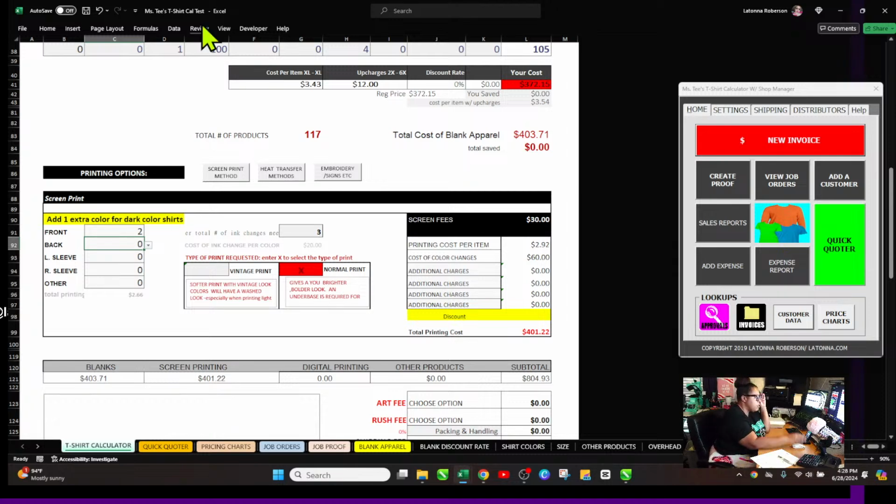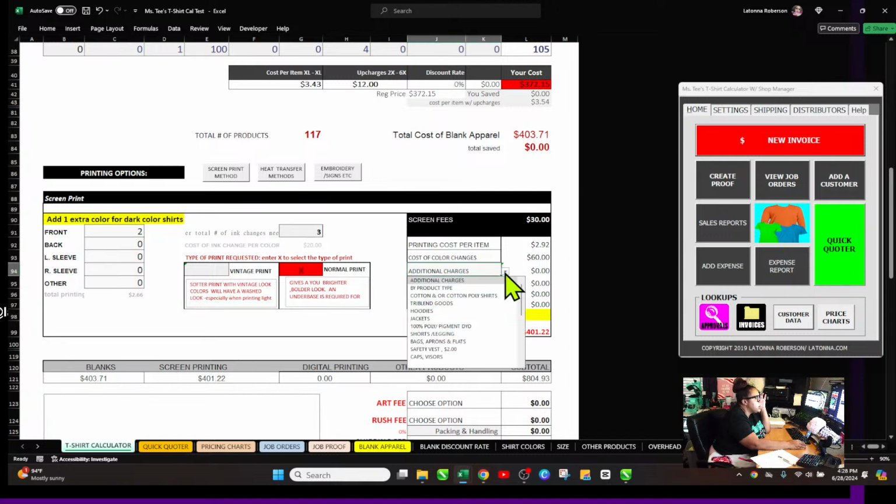Now, over here under additional charges, these are things, let's say for example,